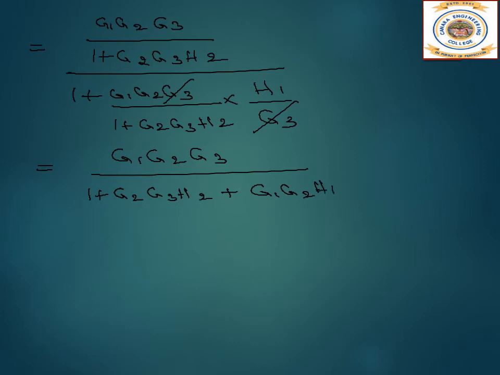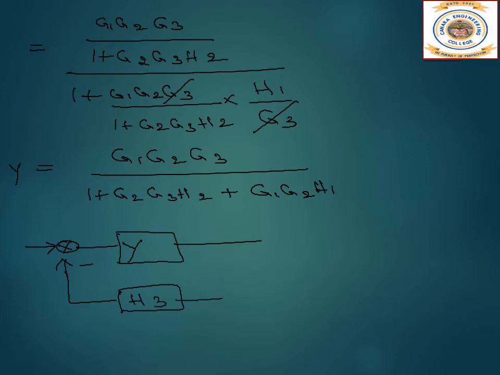So this is say some Y. I'll take it as a Y over here. So now I will draw it. After simplifying, I get this as Y, that is this above, and this minus is a negative feedback. Here we have H3, and we get it like this. Now what do we do? This Y is G of S and this H3 is H of S. So we'll simplify to get the final answer, C of S by R of S.